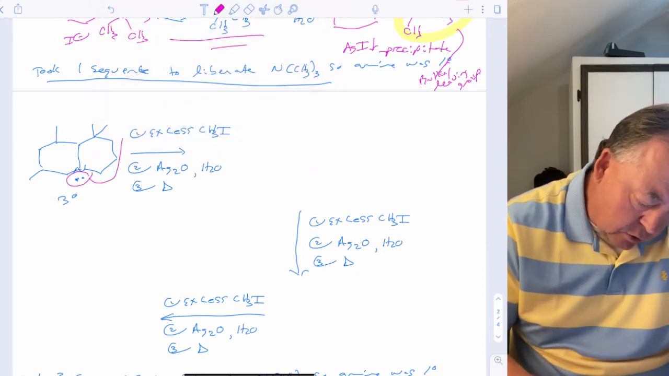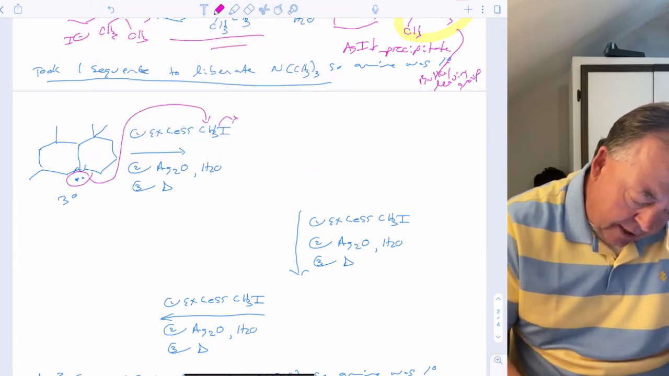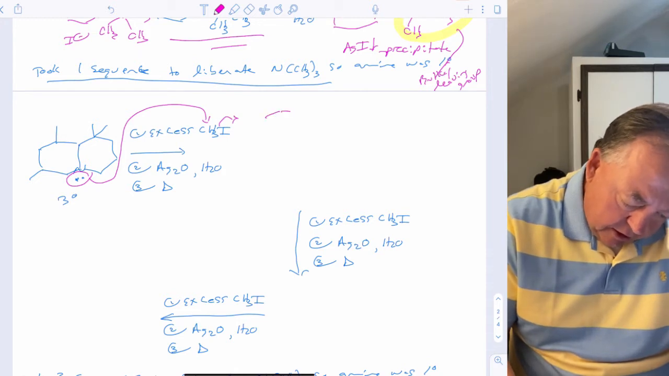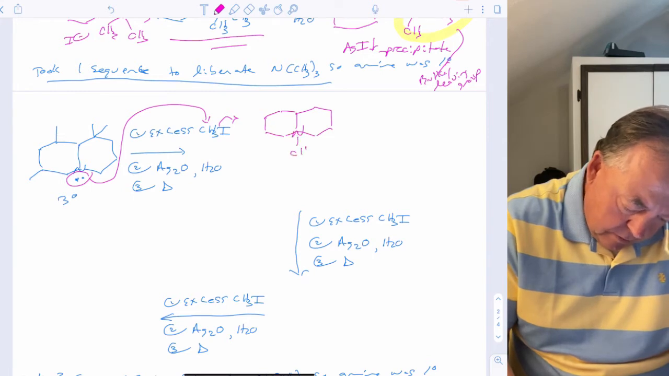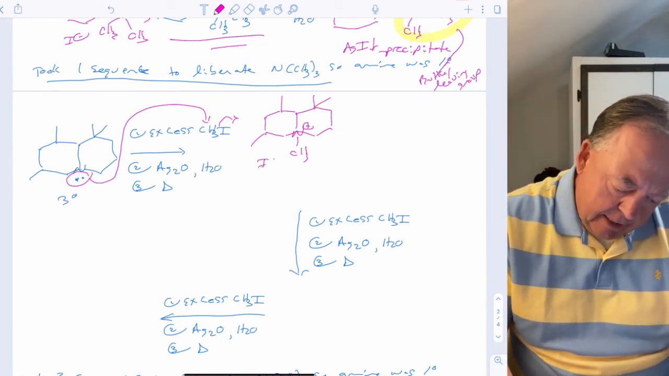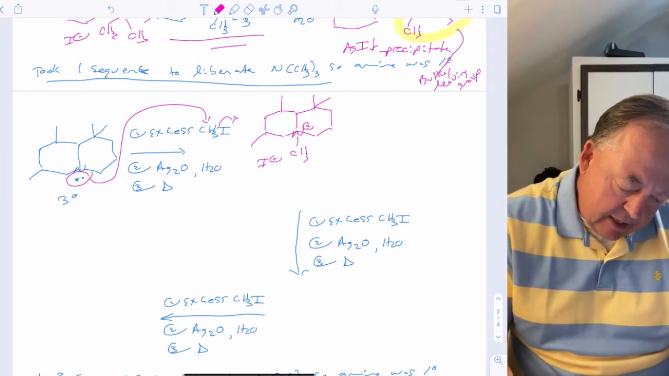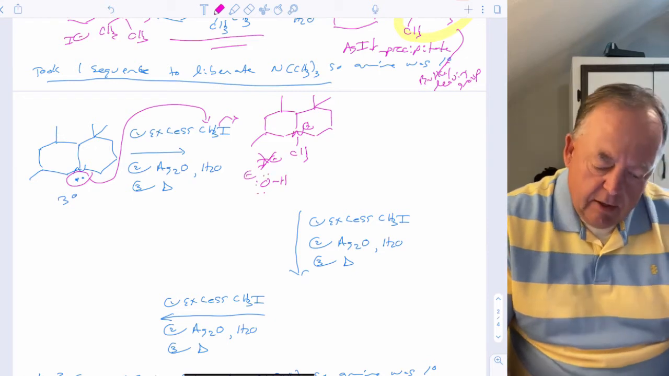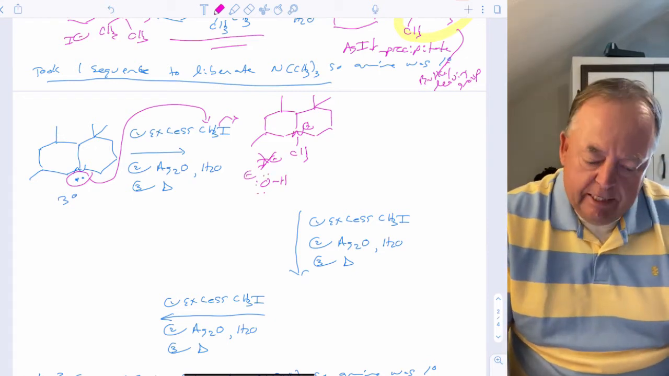So nitrogen is going to attack CH3, kick off iodine. Since it's already tertiary to begin with, now it's going to be quaternary. Right, so now that's a quaternary amine. It would initially be I minus, and then you do the second step, and that precipitates out, and now you have hydroxide instead. And now you heat this up, so it's going to do an E2 elimination,